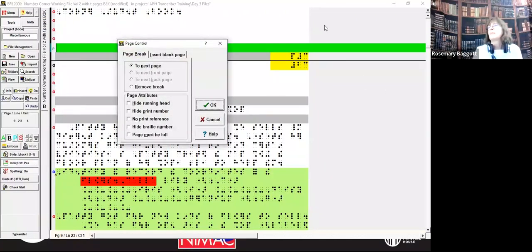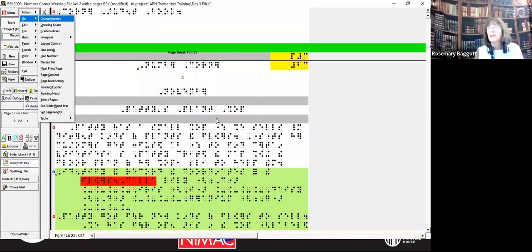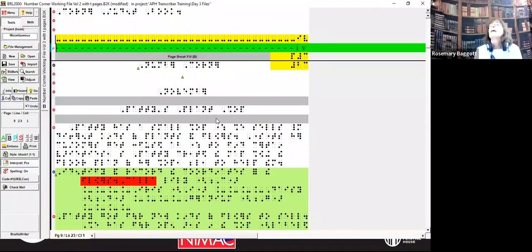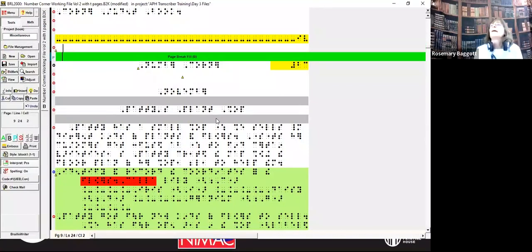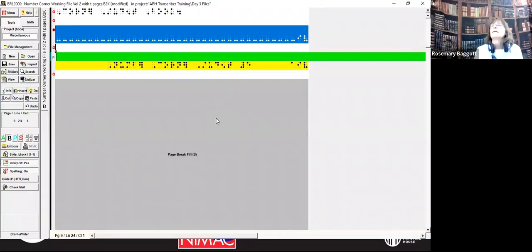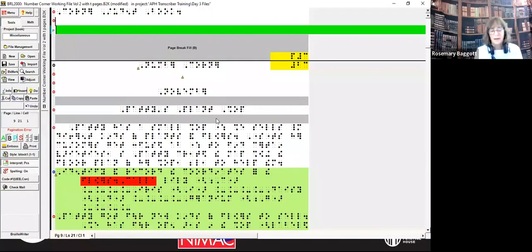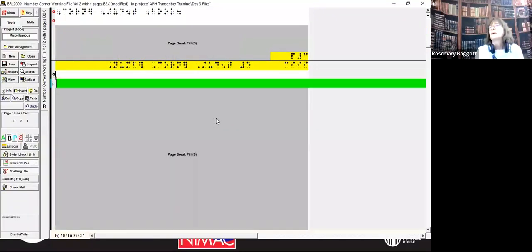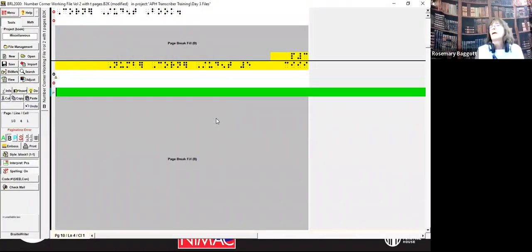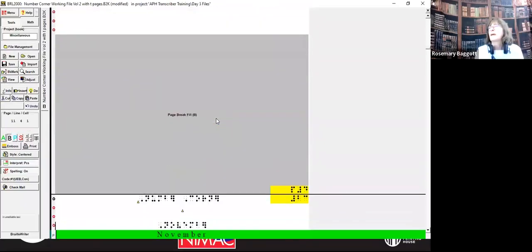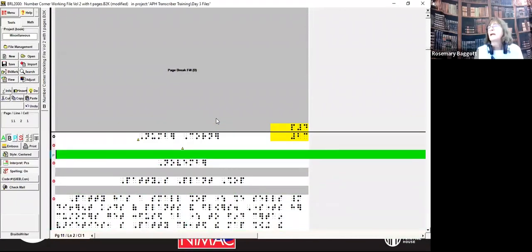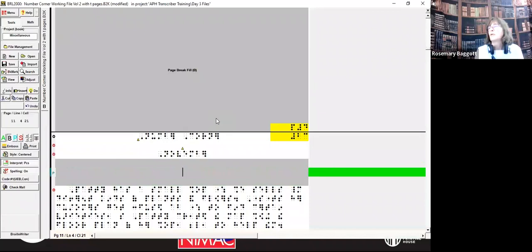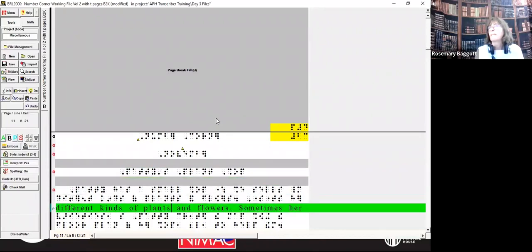Actually, let me show you now. I'm going to do Alt D, N. This is the other one I didn't show. Alt D, N is for a next print page. No, I'm sorry, that's not what I want. Should have done what I said first. Alt D, C, go to the next page. Just scroll down enough to leave that blank. And now I have my volume 2 starting on page 23.